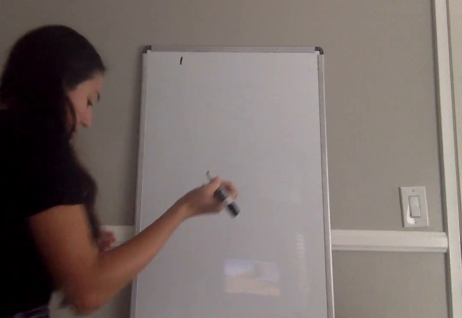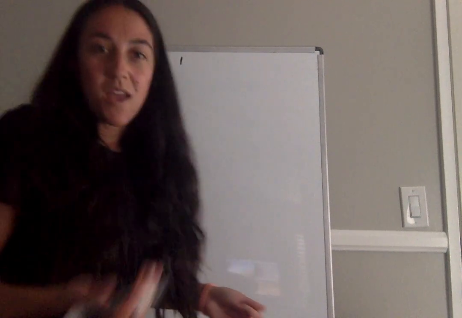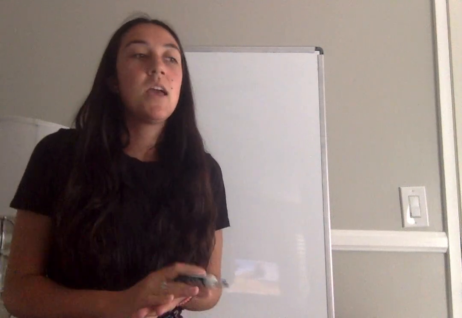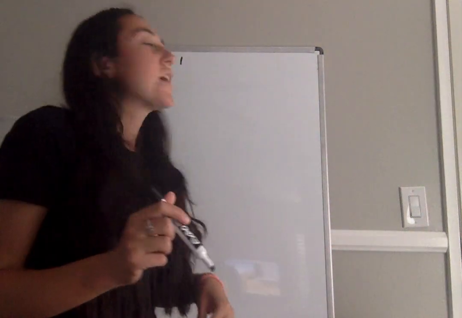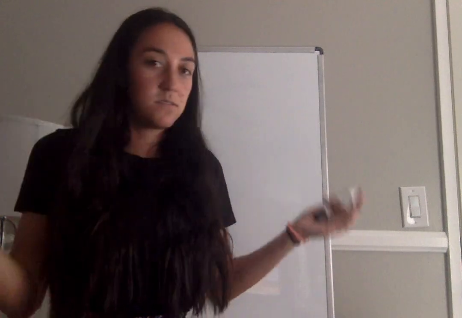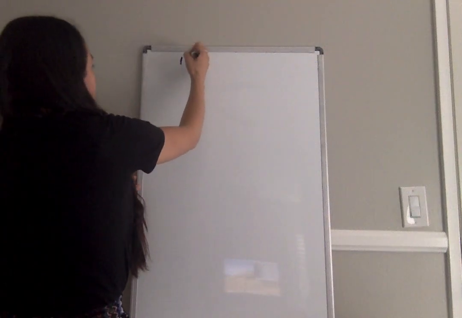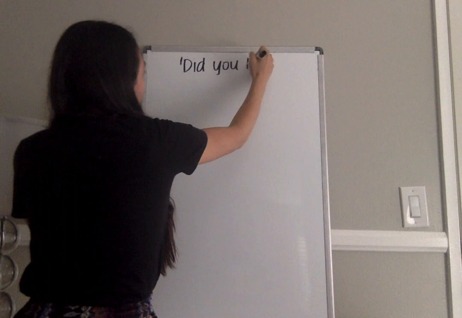Because again, as we spoke yesterday, there are different ways that you can make it. Some people put peanut butter and jelly on both sides of the bread. Some people only put peanut butter on one side, jelly on the other, and put it together. Some cut theirs in triangles, some people cut their sandwich in half, so it totally depends. So I'm going to start by saying, did you know